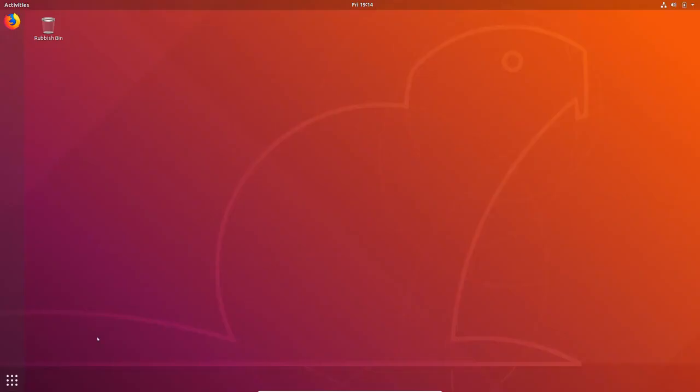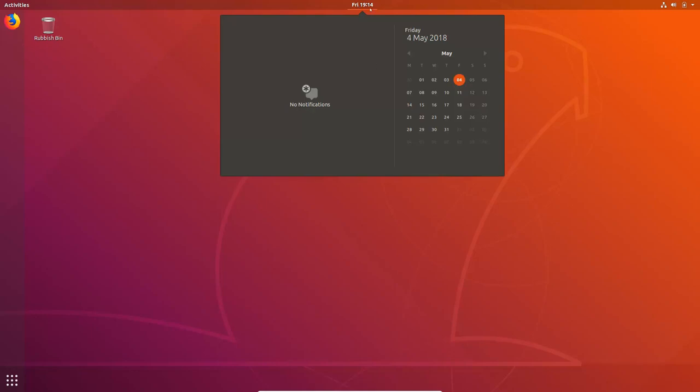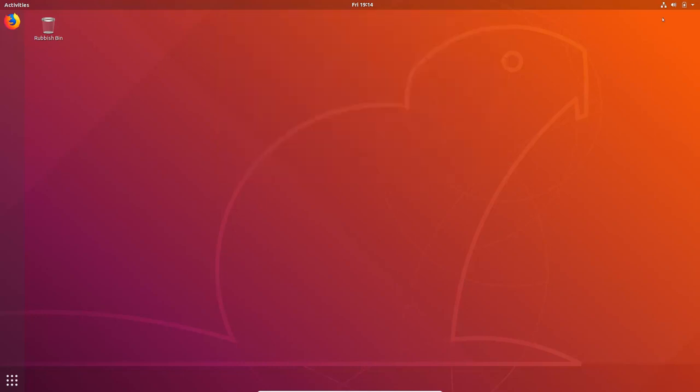Now if we close that down, we've got the calendar here in the middle, so you can hit that and you get notifications come up if you've got software updates, etc. That will appear there. Now this is interesting over here. These are the stats for our network, volume, power. So if you hit that